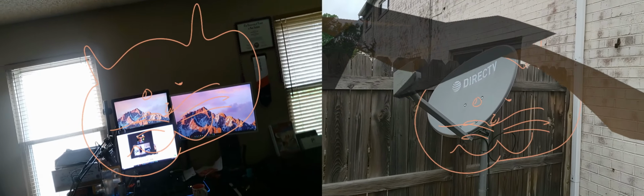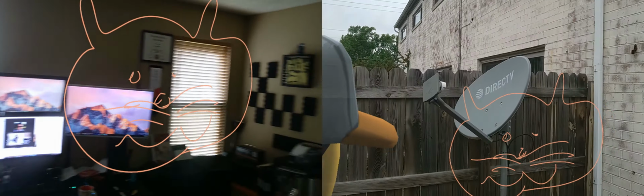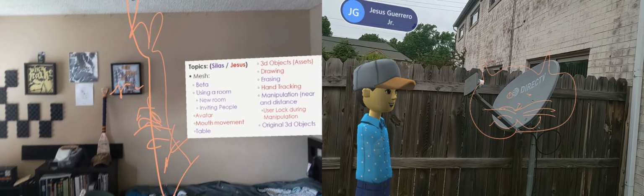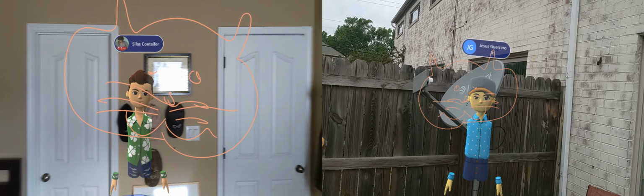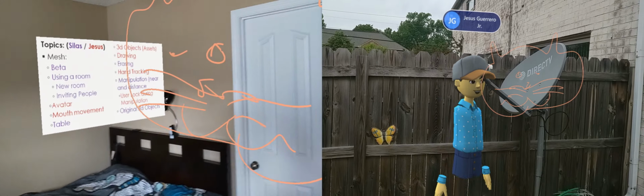So from Silas's view, he could probably see that direct on, and it sort of looks like what I thought would be a cat. But you look over to the side and it wouldn't really represent anything. And then you can look at it from the opposite angle. So meaning that your drawings actually have an XYZ axis to them, and this lets you sort of draw around objects that you display on the table. And we'll show that here in a little bit.